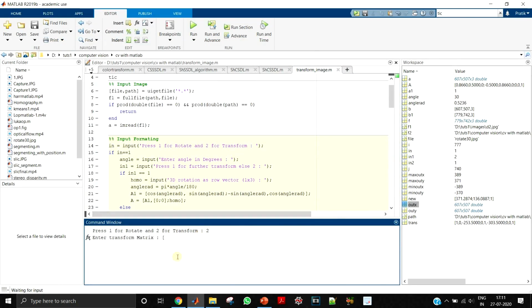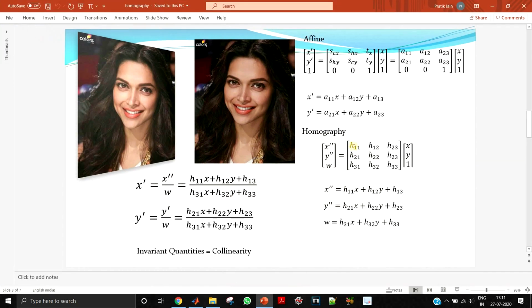For now let us take a case of affine. Suppose I want to do some skewness in the x direction. So h11 I have made 1, h12 1, this is 0. Then I'll make this 0, I'll make this 1, 0, 0, 0, 1.